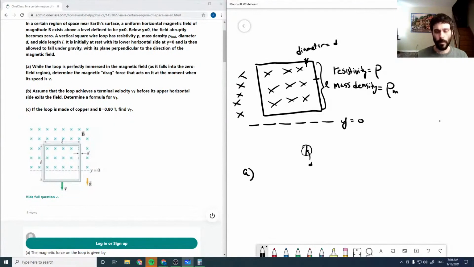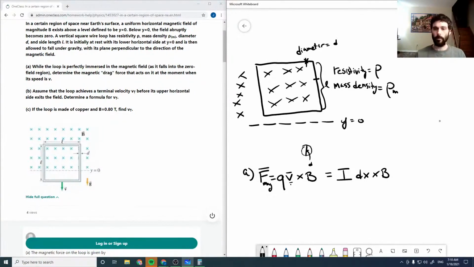So the force due to the magnetic field, I'm just going to call this F mag, is qv cross B. So that's for a charge with a velocity v. Now this can be rewritten as I dx cross B. And so if we have a current,